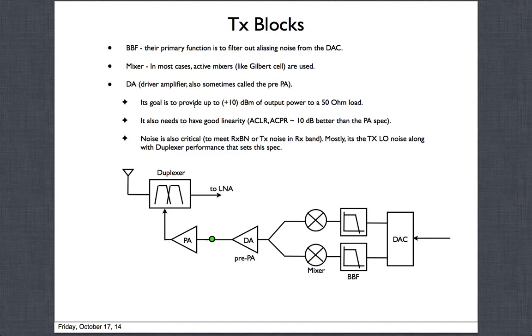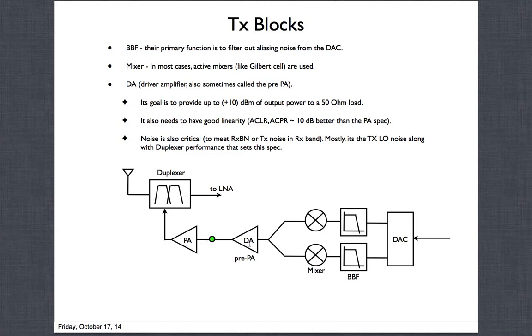So driver amplifier, we talked about it, the output, it's delivering into a 50 ohm load, because looking into the PA, it's 50 ohms. The key thing here is the linearity has to be very good. Okay, so these PAs have a requirement for linearity, like ACPR, ACLR type, because they're like 36 dBc. Okay, now what is 36 dBc? You can look it up and look at ACLR or ACPR, what does it really mean? But the key thing here is, when we design these, they are designed to be at least 10 dB better than this guy. So if this has a linearity spec of 36, this will be 46, minus 46 dBc. That's how we will design this to achieve that.